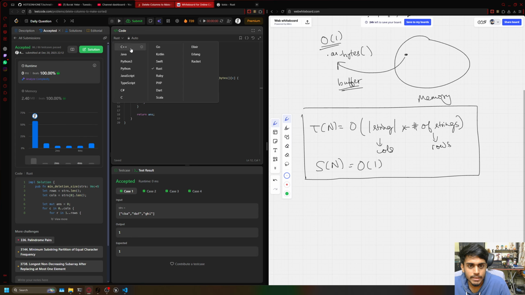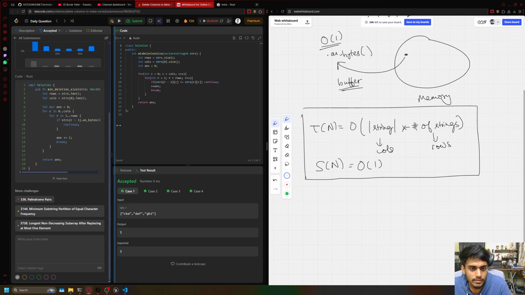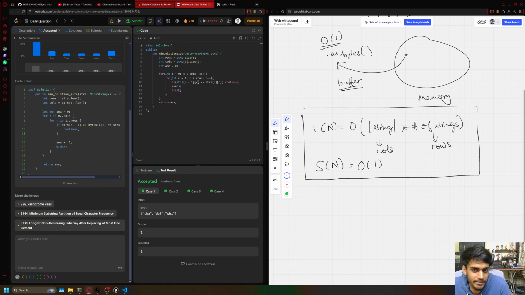Now if I show you the corresponding C++ code, it is pretty similar to what I just wrote in Rust. Here in C++, I can directly index the string like this. I don't need to convert it into bytes. That's the beauty of C++, but in Rust I need to do it. The code is pretty identical, besides this as_bytes thing. So this also works. Now if I submit,